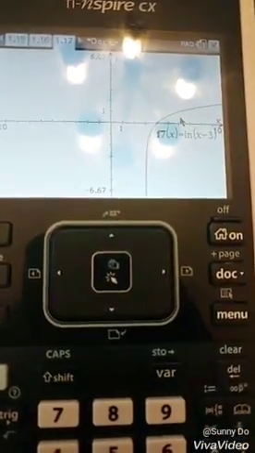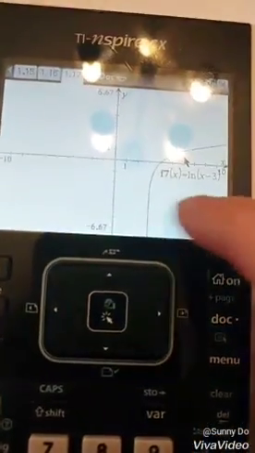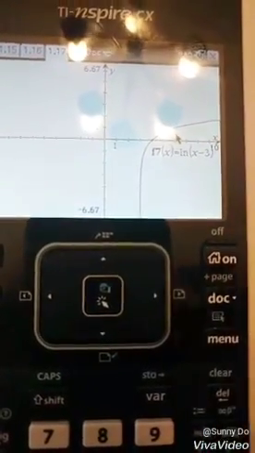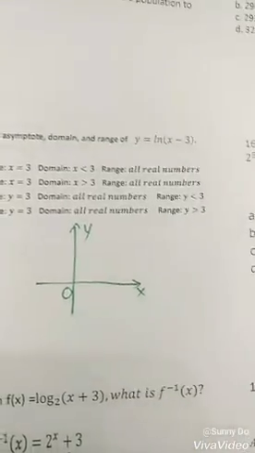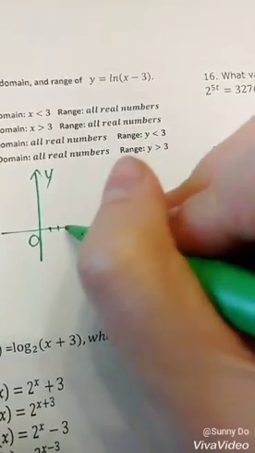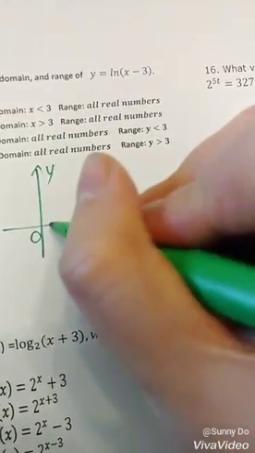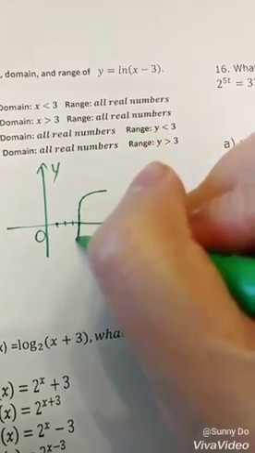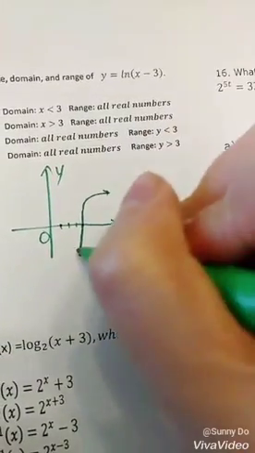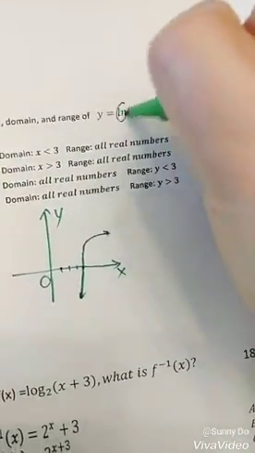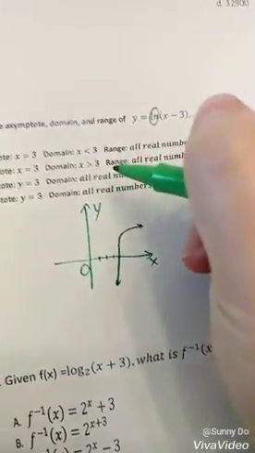Okay, so this is how the graph looks like. So it looks like from 0 right here, it's being translated to the right 3 units. So we're gonna copy the graph on our paper. 1, 2, 3, 4. Okay, so it translates from 1 to the right side. So it's looking kind of like that. Okay, so this graph is a log function with the L, therefore it's going to have the vertical asymptote,